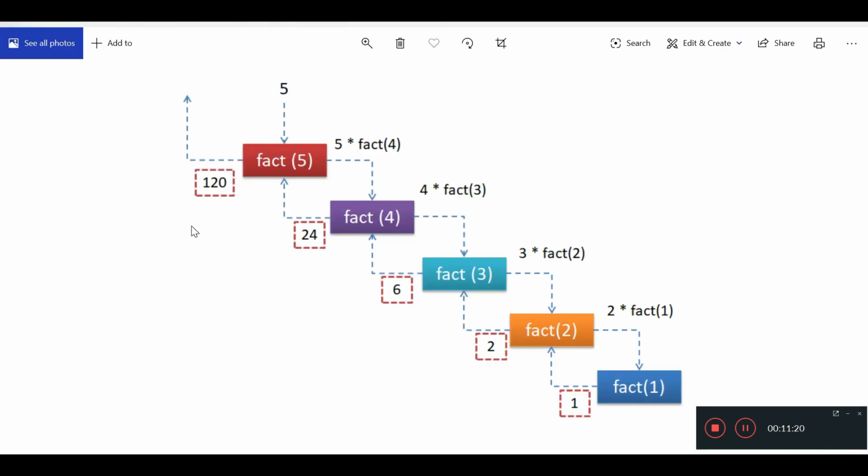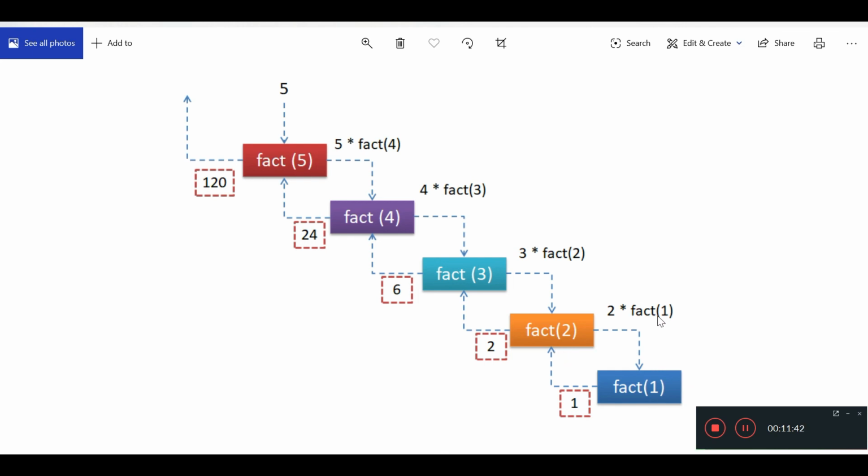If we look at the pictorial representation of recursion, as we have seen, if we calculate the factorial of 5, it will be 5 into factorial of 4, like n into n minus 1. It will keep on calling until we reach factorial of 1. When we reach the factorial of 1, it returns 1.